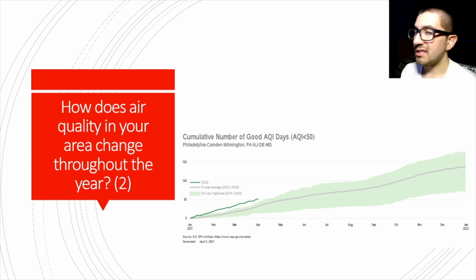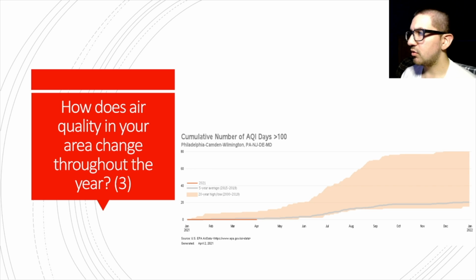How's my air quality? The second one. This is the second graph, right under the one I just showed you. This is just a little increase in the year. I don't know what the green is. I'm going to assume it's just the number of good days. So as long as it keeps rising, that means we're going to continue to have good days. And then the number of AQI days. I don't know what AQI is, but it goes up over 20 years. But in this year, it stayed at 0 the whole time.